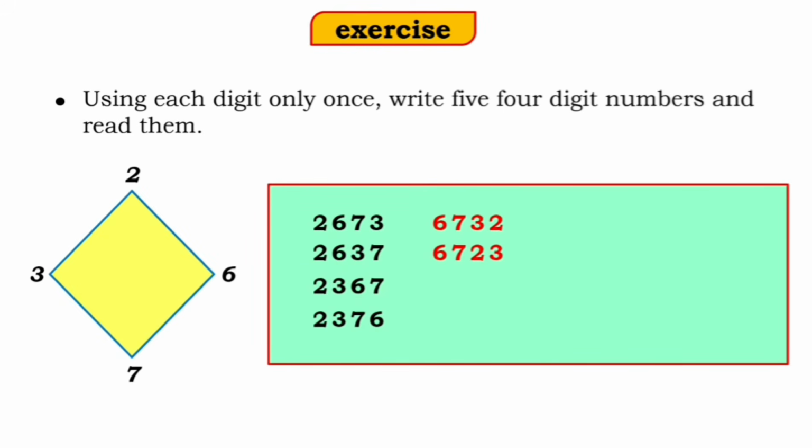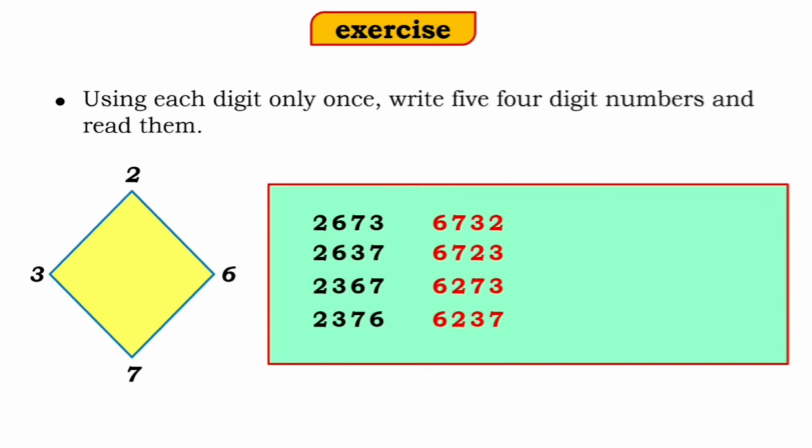6723. Now what will we do to form the next number? Yes, we will interchange the hundreds place and the tens place. So the number will be 6, 2, 7 and 3. That is 6273. Now again we will interchange the tens place and the units place to form the new number. So the number will be 6, 2, 3, 7. That is